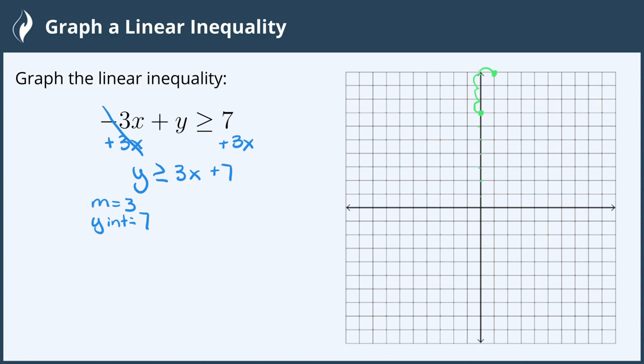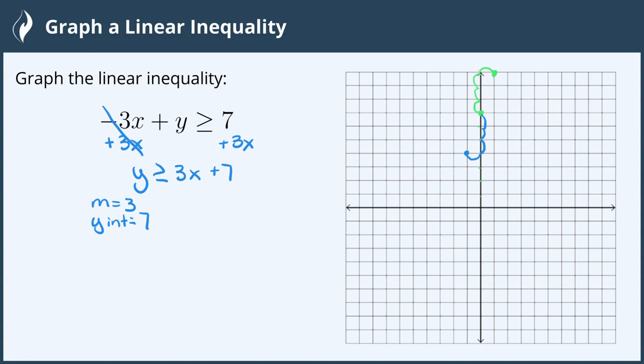We could also go in the other direction, which means we go down 3 and left 1, because a negative divided by a negative is also positive. 1, 2, 3, back 1. Right there. Now we can connect those 3 points for our line to graph this, and we just need to